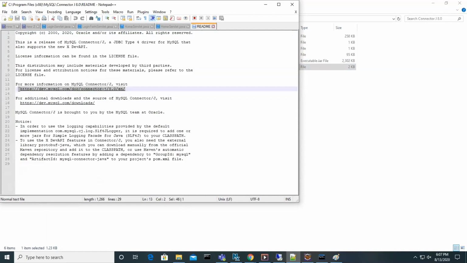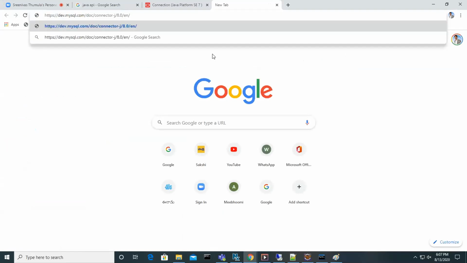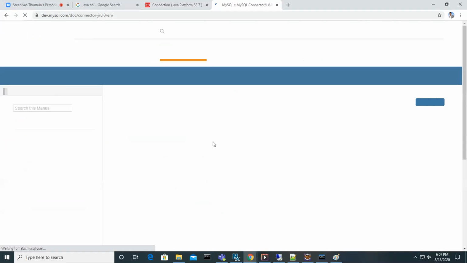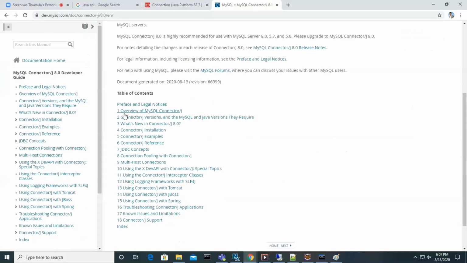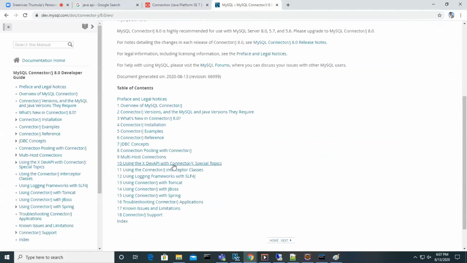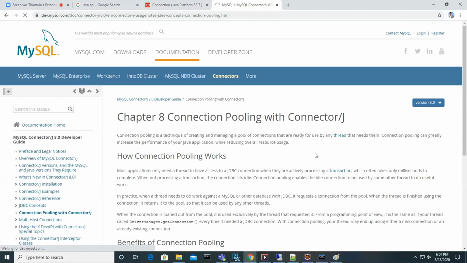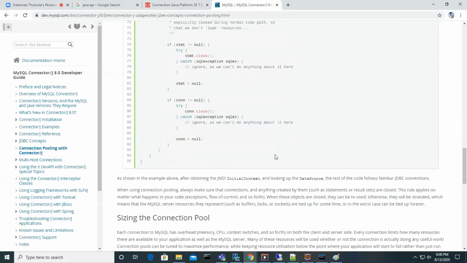And if you need more information about the connector, they already gave a specification document in which they specified one link. If you click on that link, it gives more information about the MySQL connector guide: an overview of the connector, what is new in the connector, installation, how to get it, downloading. They gave all of that already. Also connection pooling and so on. They gave some sample examples also on how to use it.